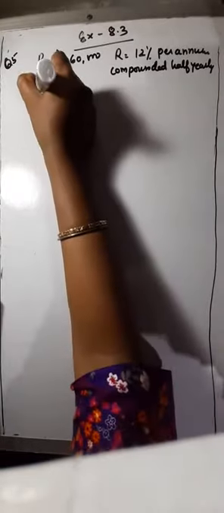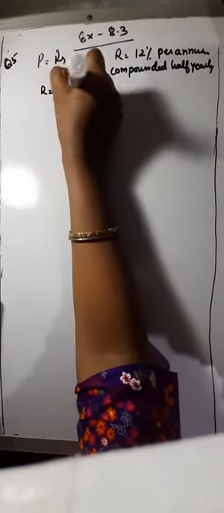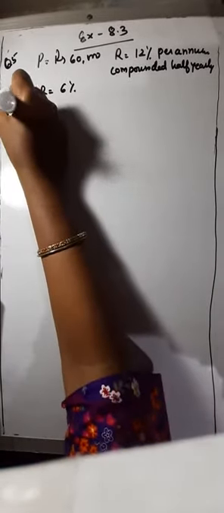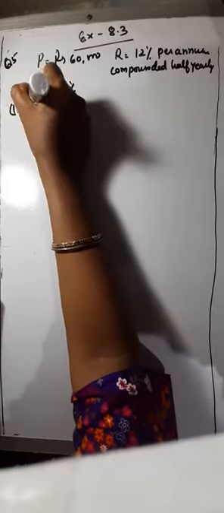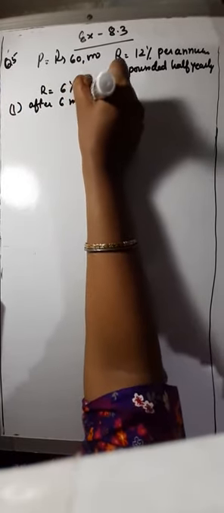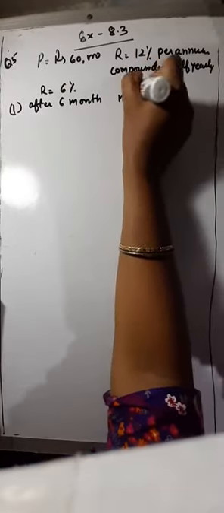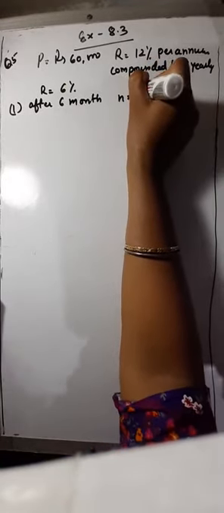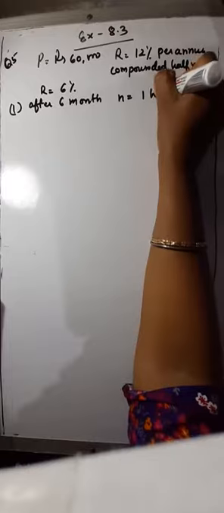That means rate of interest we take 6%. First, after 6 months, that means n is equal to 1 half year,